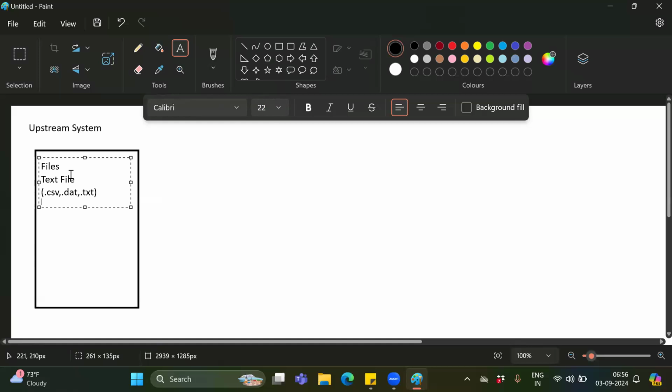Under the same text file, you will have JSON format and XML format, XML file and Excel file, and these are the normal files.